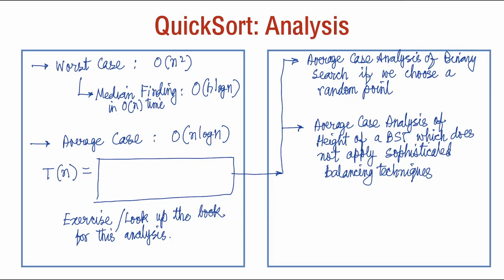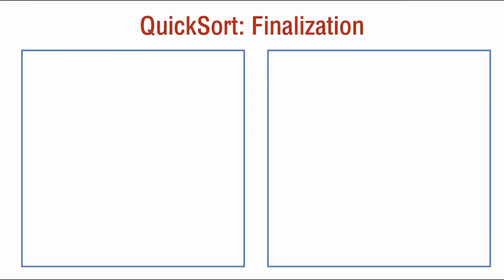So this average case analysis is also something that will be quite relevant and important, and this sort of analysis, which comes from the average case analysis of quicksort and generalizes to the average case analysis of many other things, will be important. So finally, we can implement quicksort in various ways depending on how you implement it, but we don't need many sophisticated data structures if you use the randomization method.